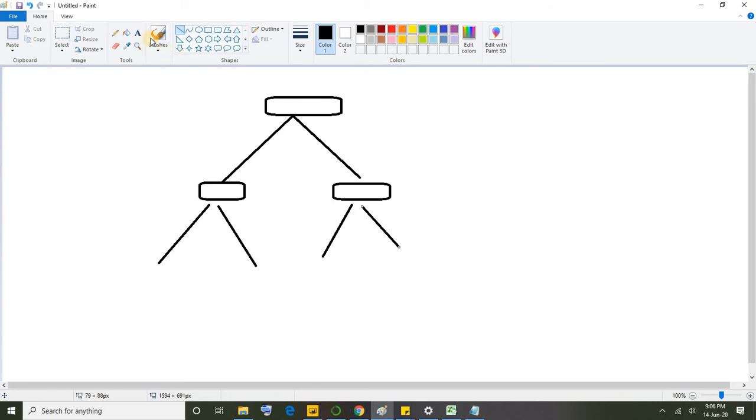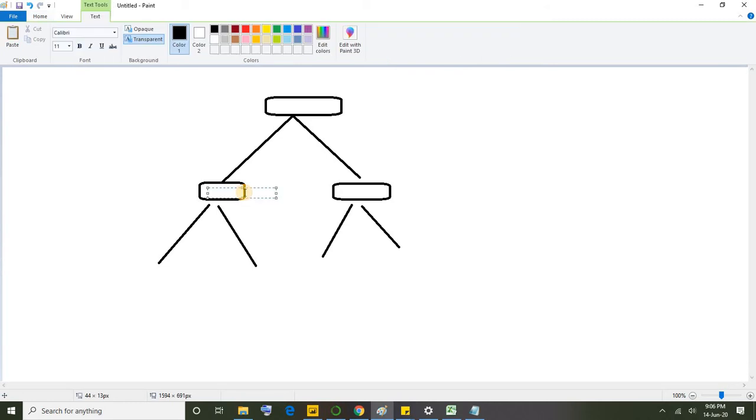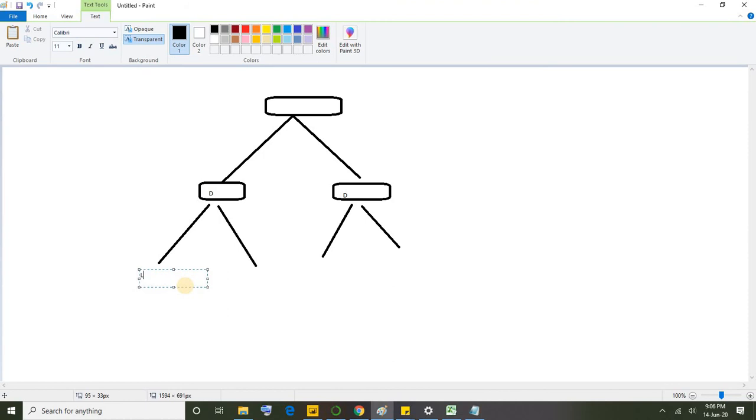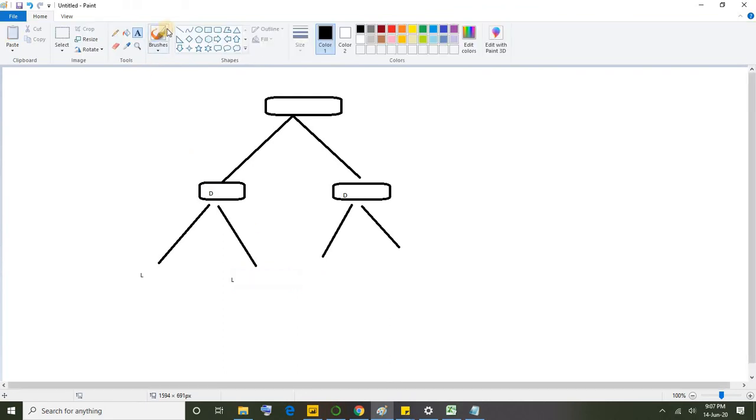So there it will be stopped. We can't expect any more split after reaching either a leaf or terminal node. This is a decision node, and just assume this has reached a leaf node. And this has also reached a leaf node. Once it has reached a leaf node, there won't be any more splits.